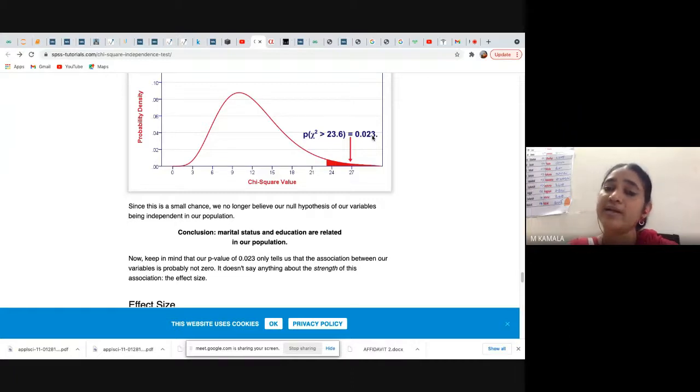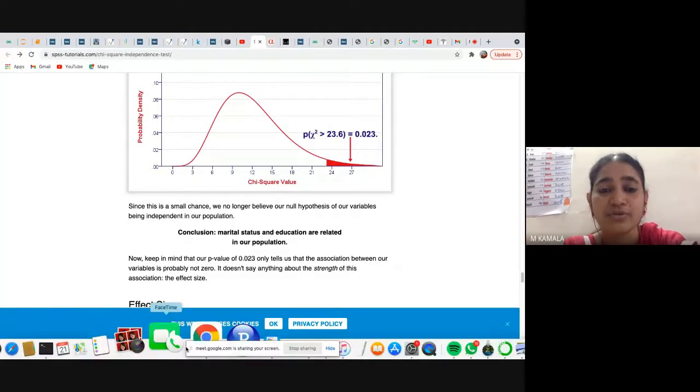So what is your alternate hypothesis? Because you are not accepting your null hypothesis, your alternate is that your marital status is dependent on your education. Those two are correlated. Those two are related to each other. So your final statements will be: married people are more educated, never married are less educated. These kinds of statements you can derive. Are you with me? Finally I have to show you